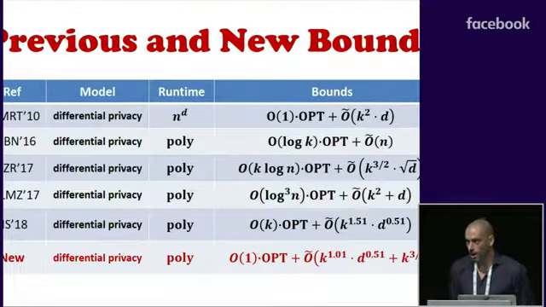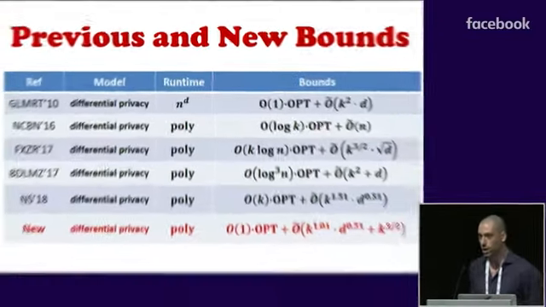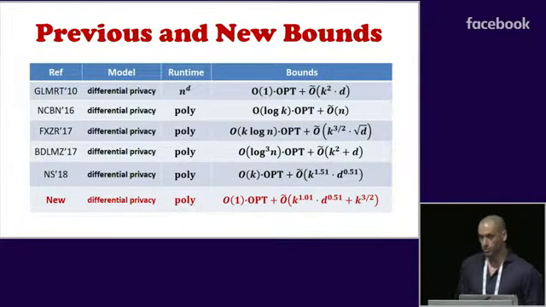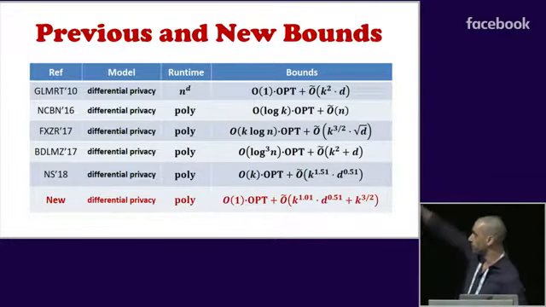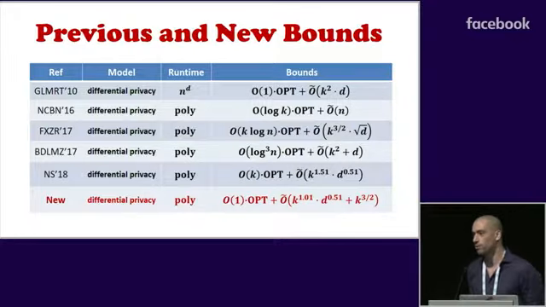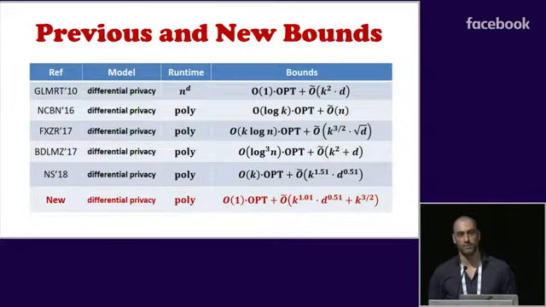Okay, so that's my last slide, and what I'm going to show you now is some of the most relevant previous works on differentially private k-means clustering algorithms. At the bottom in red, that's the new bound. Basically, all of the previous results either presented algorithms with exponential runtime, like the first result on the top, or they presented algorithms with super-constant multiplicative error guarantees. In this work, we present a new polynomial time algorithm achieving constant factor multiplicative error while keeping the additive error roughly the same as in previous state-of-the-art results.